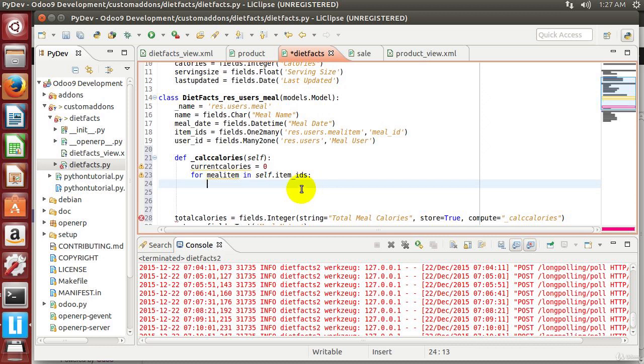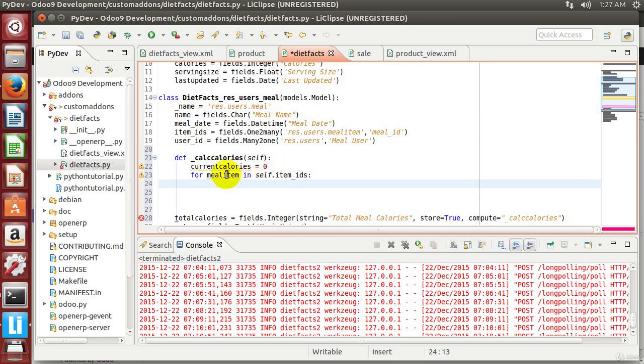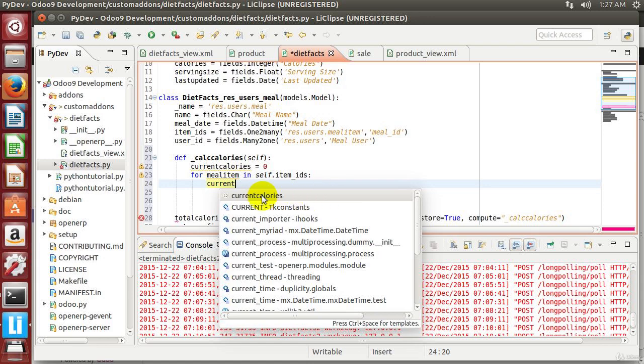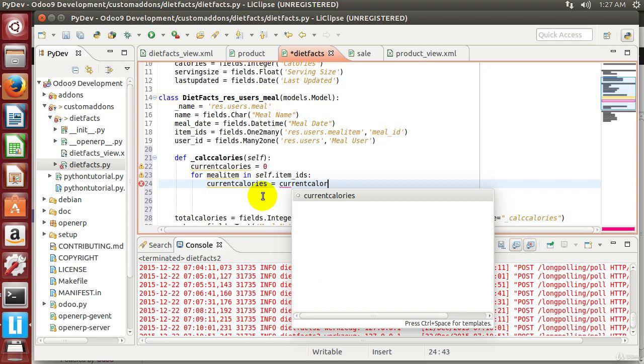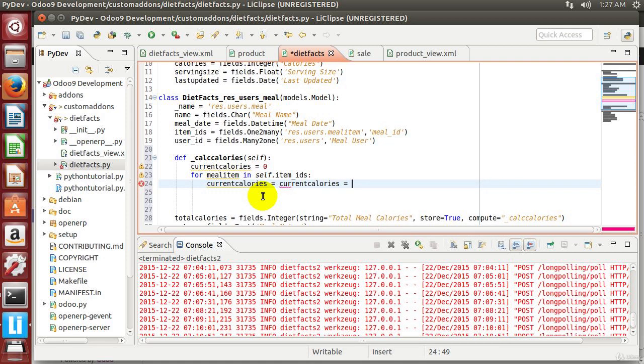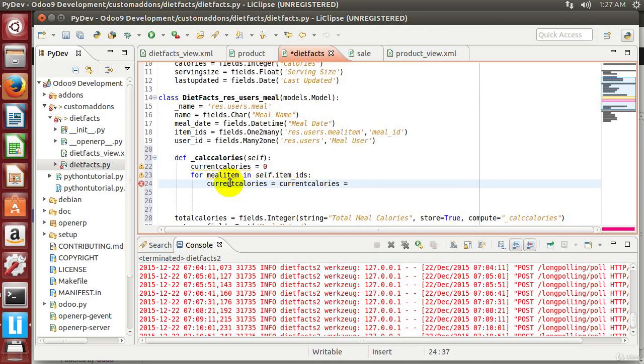And now what this is going to be doing is it's looping through all of our items that are within our meal. It's looping through them, and we're assigning them this meal item. So at this point, we can say current calories, and notice it also gets found, equals current calories. So we're just going to add to itself, because each time through the loop, we might have more to add. So just to be real explicit here, and there are shortcuts, but we're doing it here to be real specific, we're taking current calories, and then we're taking itself, and we're also adding to it